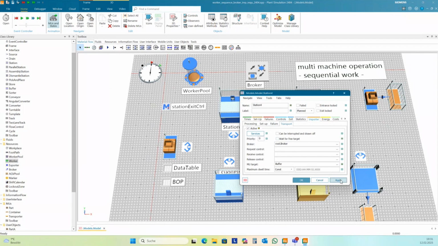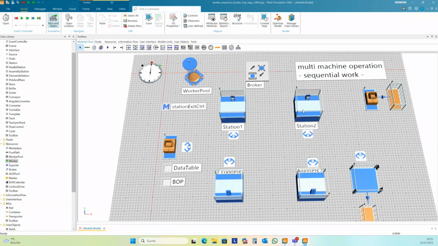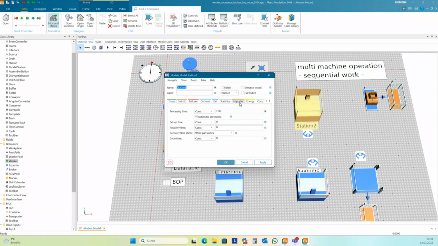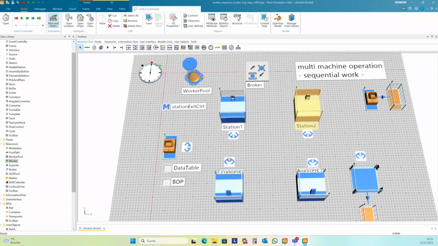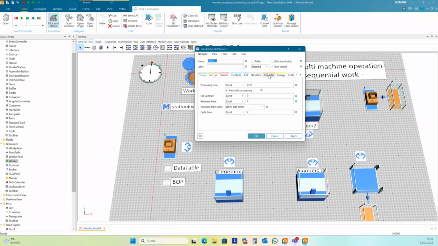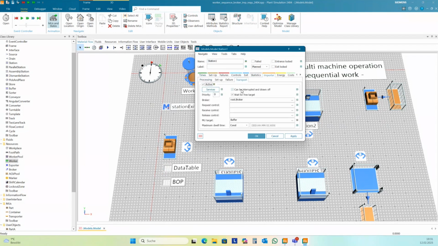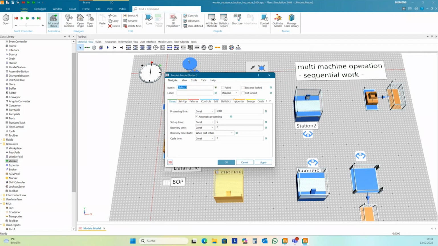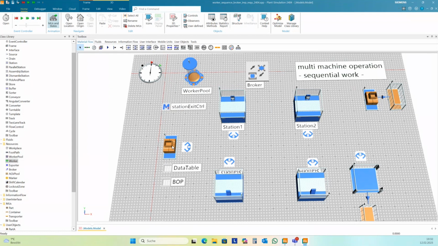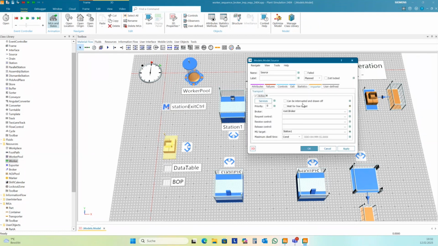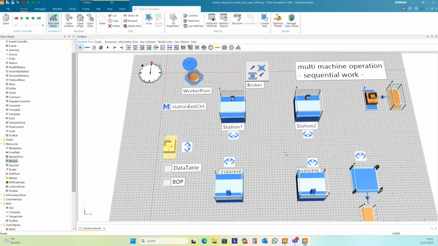Maybe we need to deactivate wait for free target in each station. Okay, let's try it again.